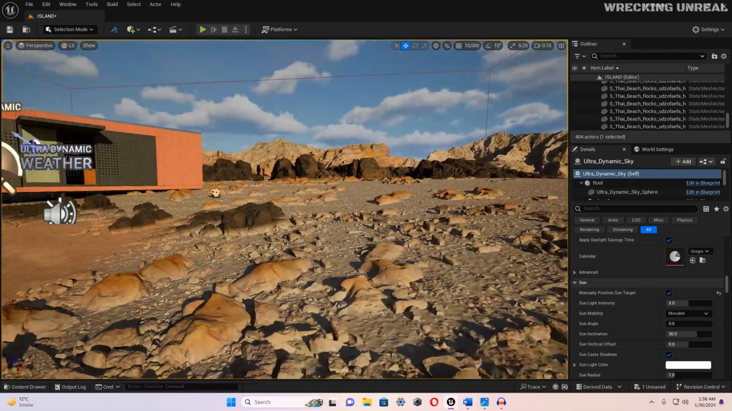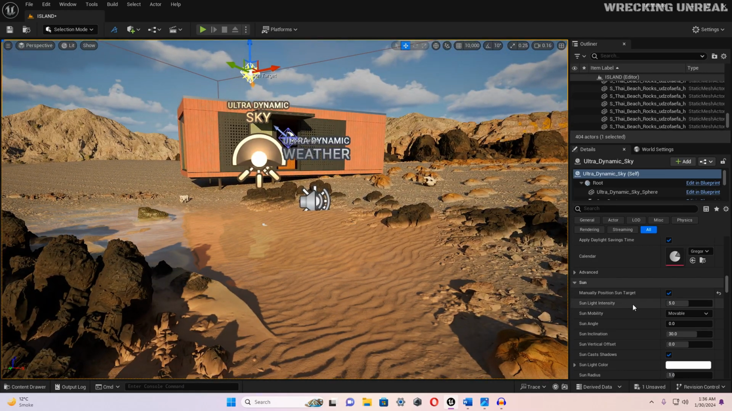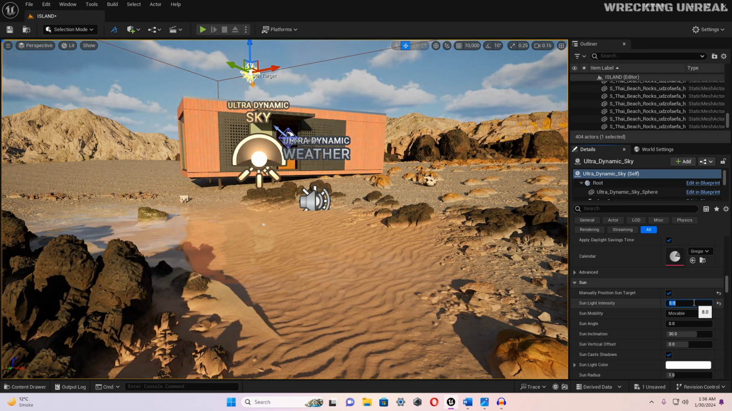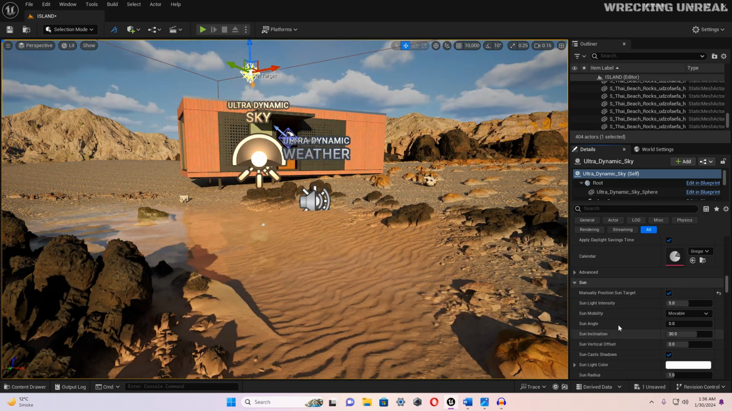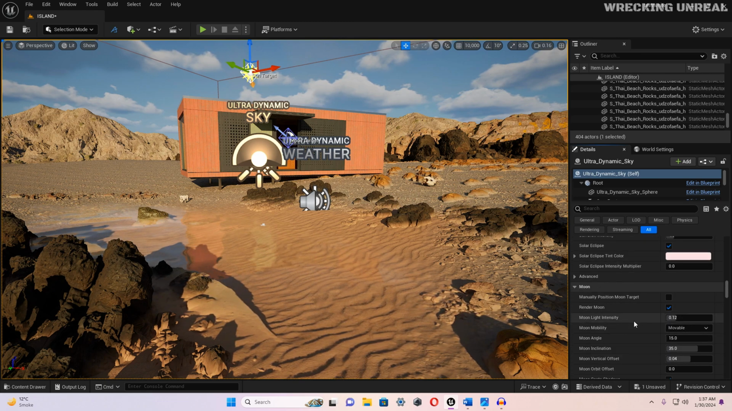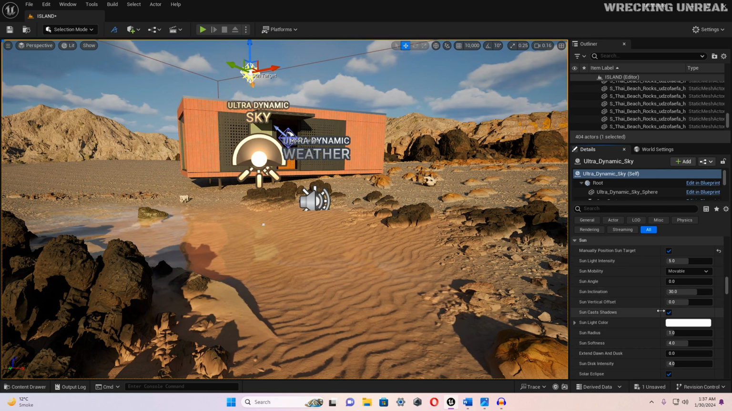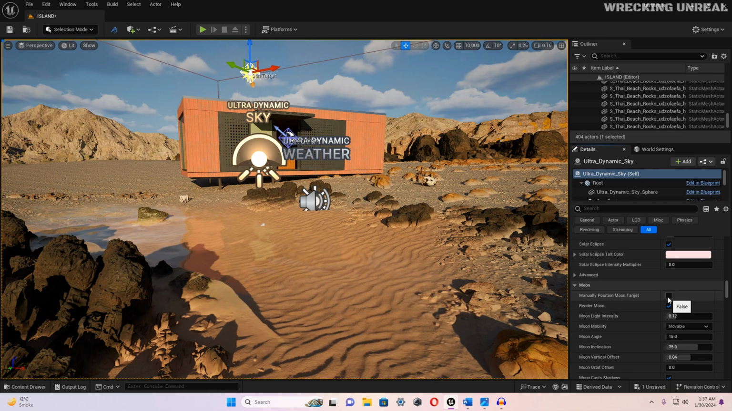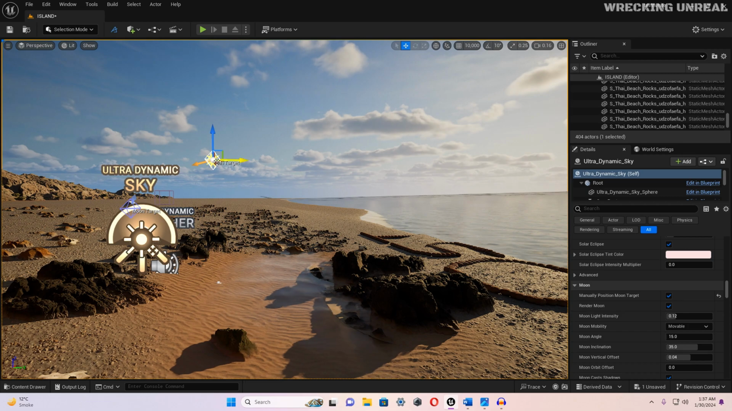Okay, like this. And this is the sunlight intensity. You can increase it to 8 or decrease it to 3 as you want. So these are the few settings. Just move down and you will find the manually position moon target. You can take this one as well, and you just need to drag this sun down